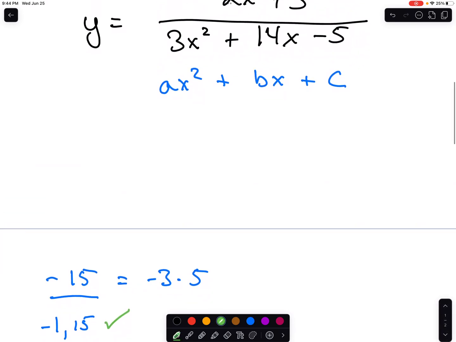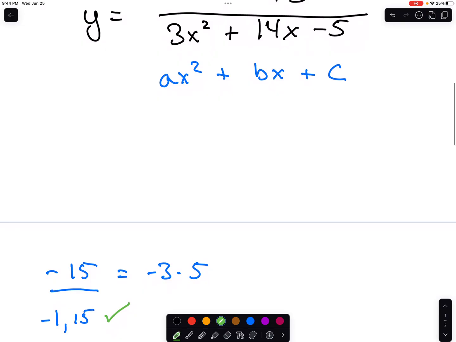So that's the first part of the AC method. I said my A times my C. I was looking for two numbers that multiply to give me my A times my C and add to give me B. And these are those two numbers. So now the next step with the AC method,